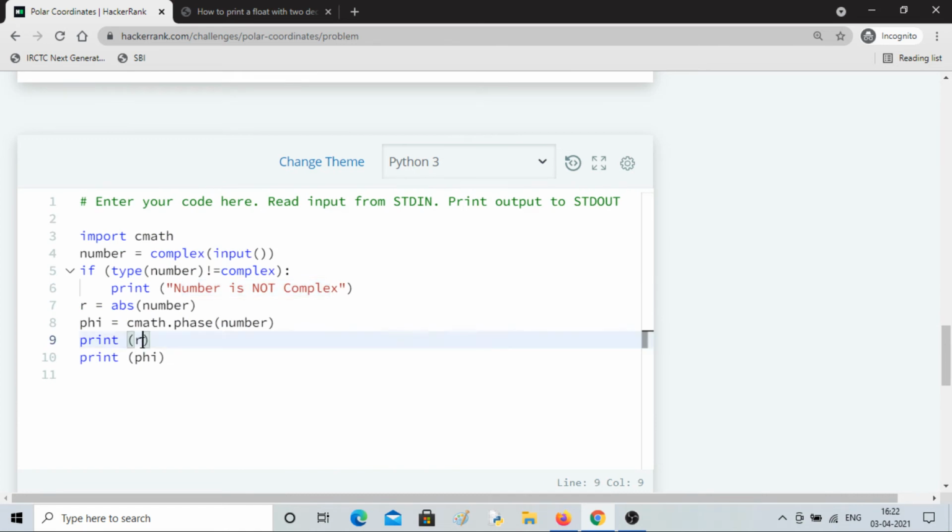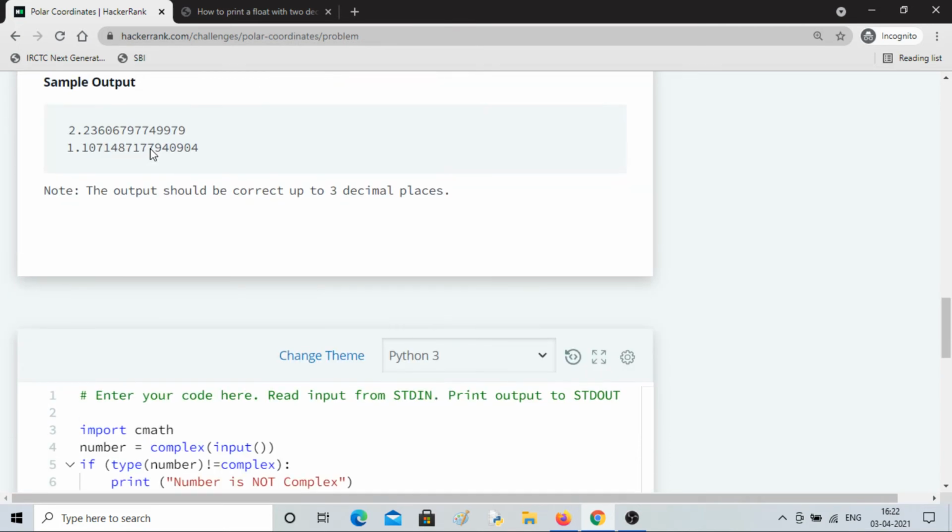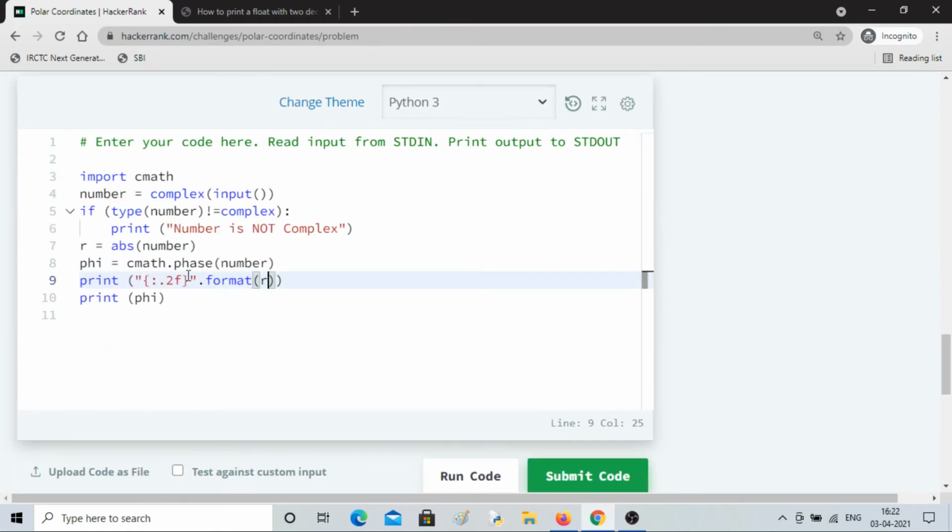So instead of r, I'll print this r, and what I want here is up to 3 decimal places, so it is a float type, 0.3 I'll do. Similarly here also I'll do with phi, and here also 3.